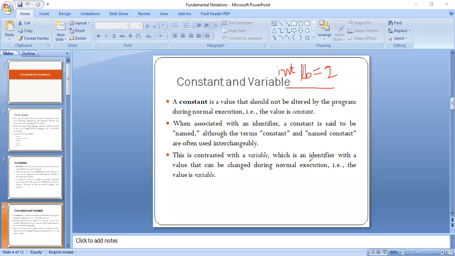And the other terminology here you can see is identifier. So what is an identifier? It is what we use to identify our data. That means LB will be considered as your identifier because the data 2 is identified by using LB. Similarly, we have a variable A whose value is 7.2. Here A is your identifier because it is acting as a label. With A we are identifying the value 7.2. It is termed as identifier as well.